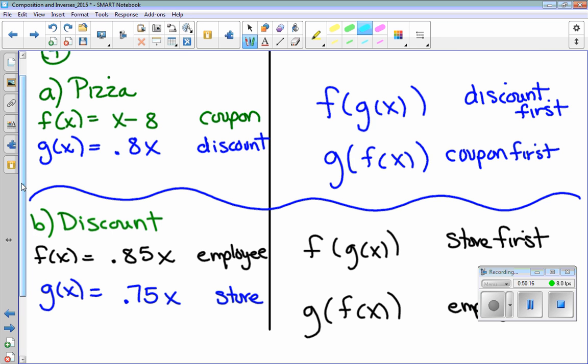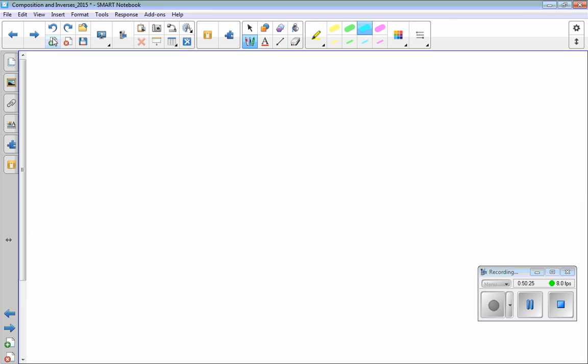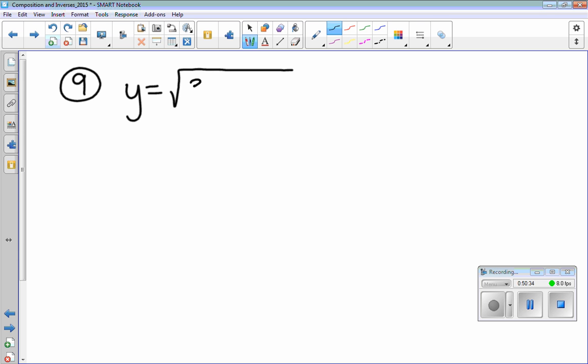Number 9 is the other one that I thought you might struggle with. So before you go home and work on this review for your TWIS, let's look at number 9. Okay? We have a function, y equals the radical 3 minus x plus 2 squared. It says I want you to come up with two functions, f of x and g of x,